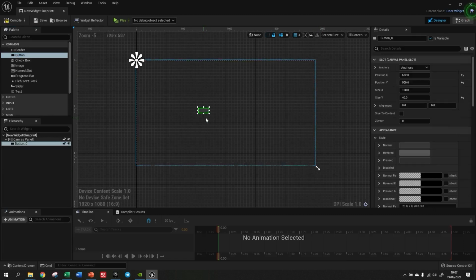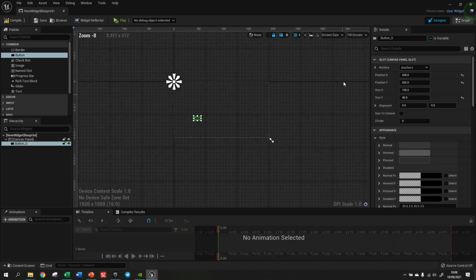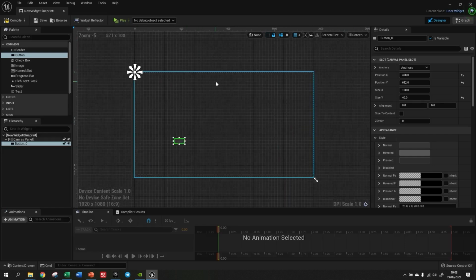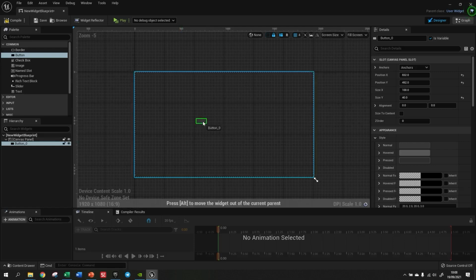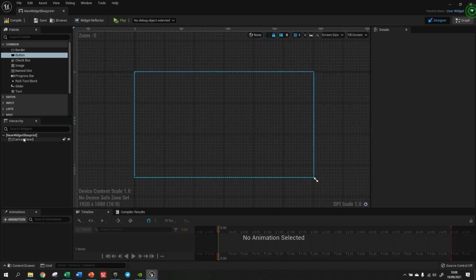So whatever you add here, for example, a button, wherever I place it is where it's going to show up on my screen. Now, although you can also work as if you were outside the screen, you can work around the outside of it, and we'll talk about that later. These lines represent the screen. Just remember that, okay? So here we have our hierarchy panel,